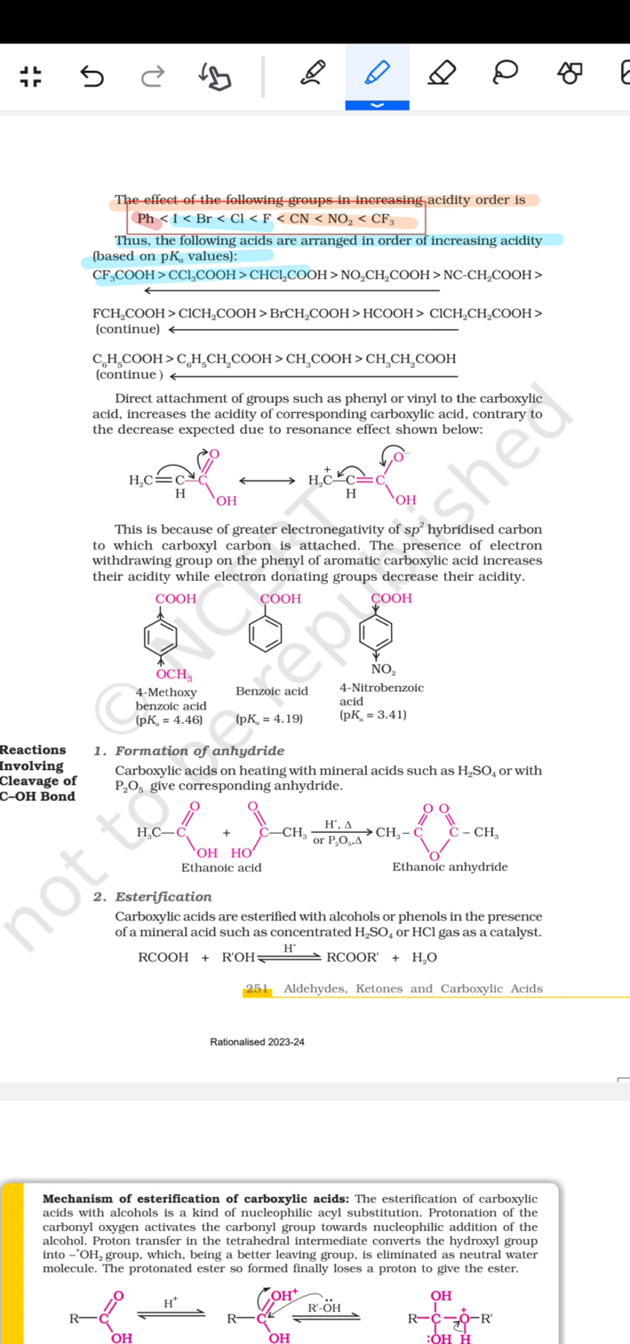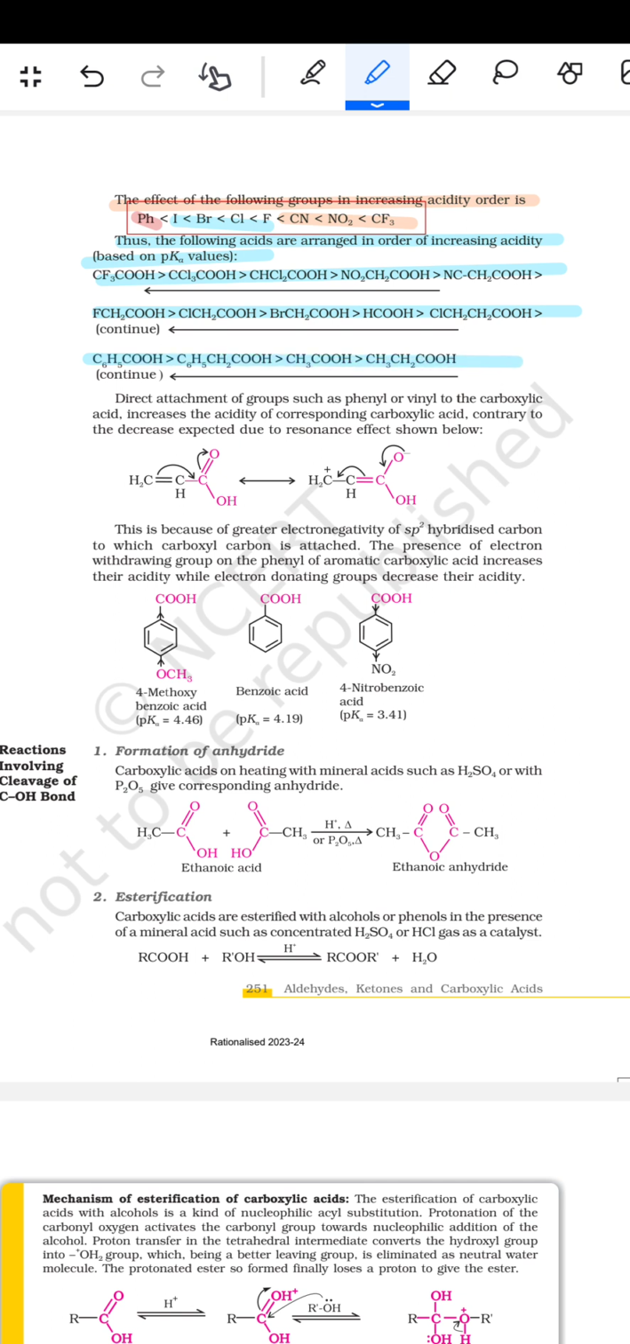CF3 सबसे ज़्यादा, फिर CCl3, फिर CHCl2, NO2CH2, फिर NH2 आता है। फिर इसमें आ जाएगा कि FCH2, फिर ClCH2, BrCH2, HCH2, उसके बाद फिर आता है C6H5, C6H5, फिर C3 आ जाएगा।